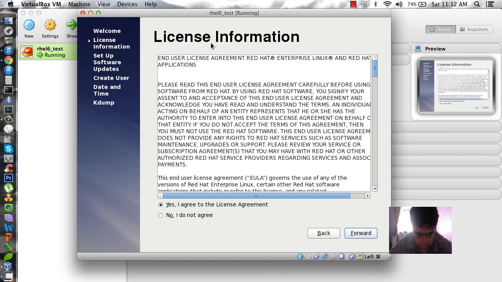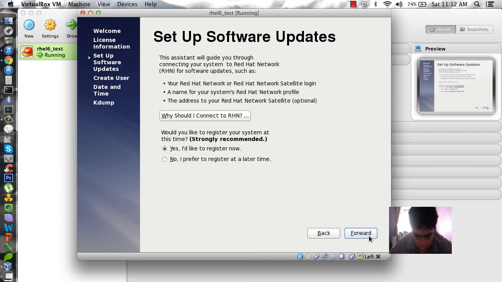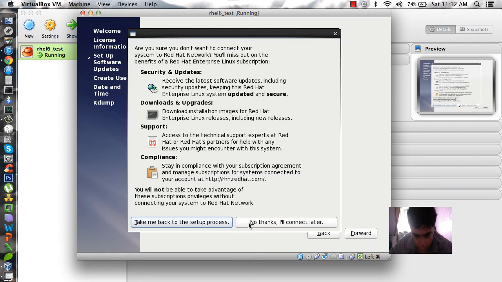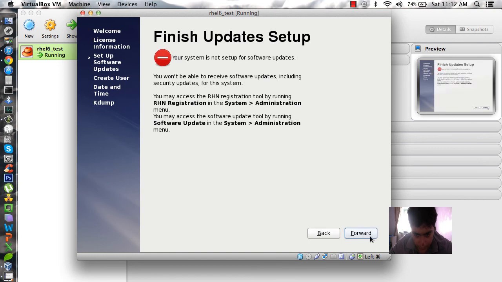Now we can see the license agreement. Unfortunately we'll have to agree to it and we'll go forward. Now if you are a registered user, you can select the first option, but since I am not, I'll go for the second option, that is I prefer to register at a later time. After doing that, I'll go forward and I'll say no thanks, I'll connect later.